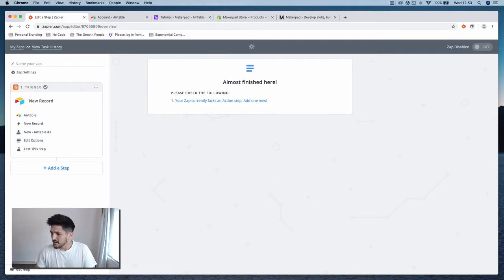But if you are here, now we are done with this step, and we'll move on to the next one, which is going to be to connect your Shopify store to this Zap and then map the data across appropriately